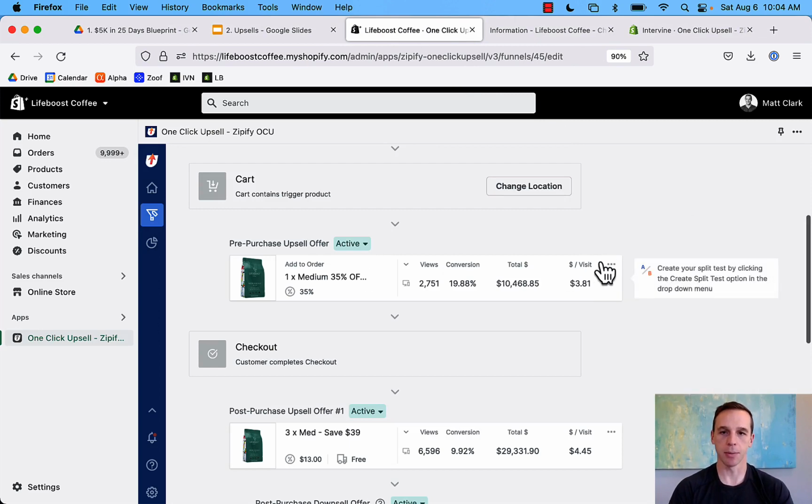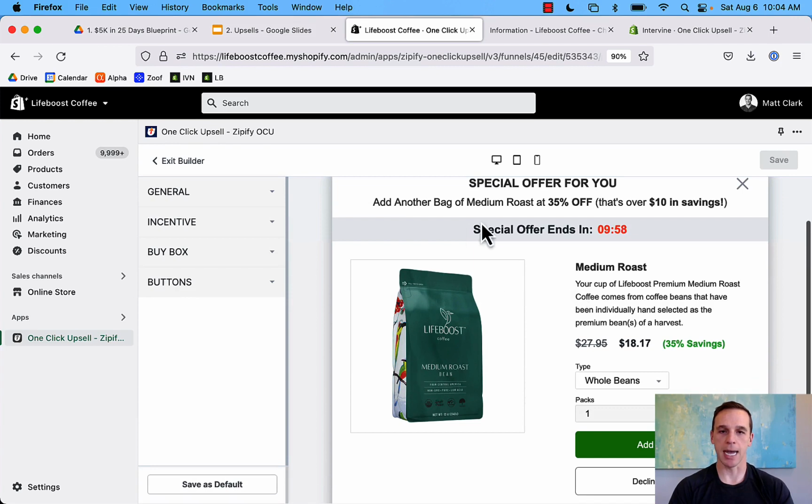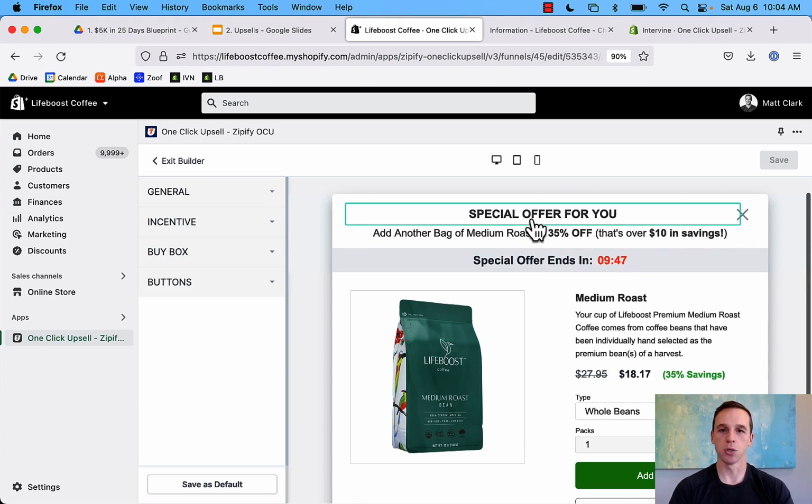And there's lots of different options in here, but I kind of like the way that we've done this, which is we basically just ask if they want another bag at a discount. As you can see, we're not trying to reinvent the wheel here. It's, hey, you want one of them? Why not add another one and we'll give you a discount on it. There's not as many options to modify here. You can use similar kind of text. You can pause this video. You can use the text that we have here, very similar, and just swap it out